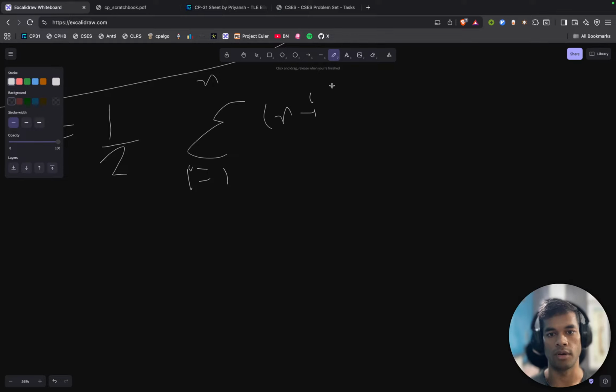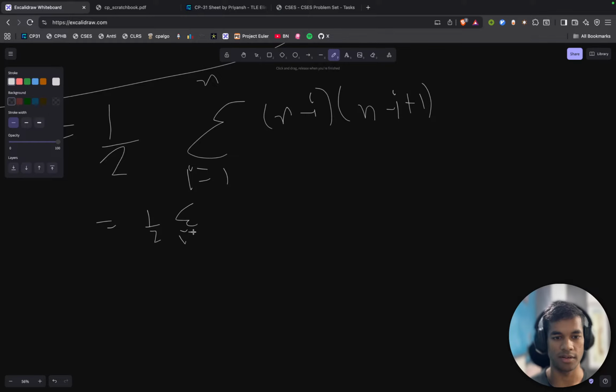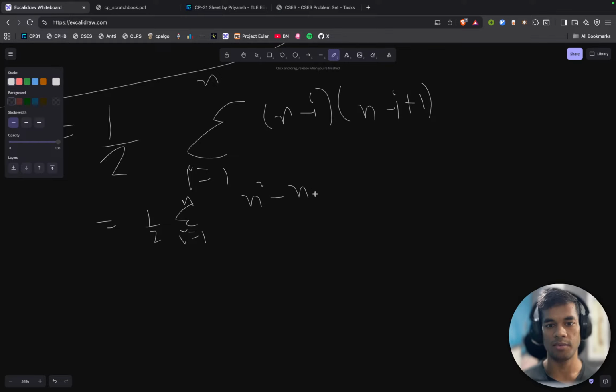From n minus I till n equals 1 by 2, summation I from 1 till n, of n square minus n I plus n minus I, n